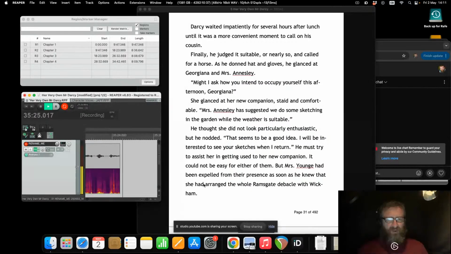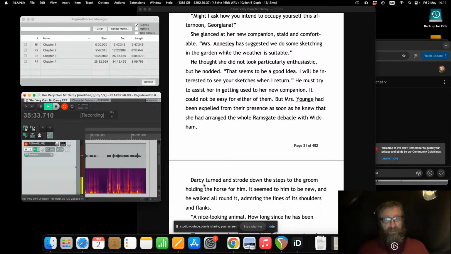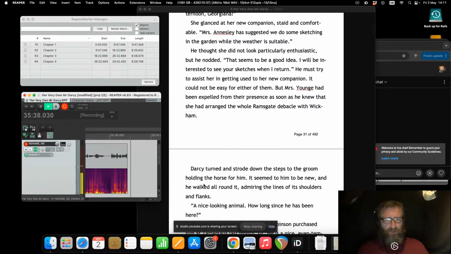"That seems to be a good idea. I will be interested to see your sketches when I return." He must try to assist her in getting used to her new companion. It could not be easy for either of them. But Mrs. Young had been expelled from their presence as soon as he knew that she had arranged the whole